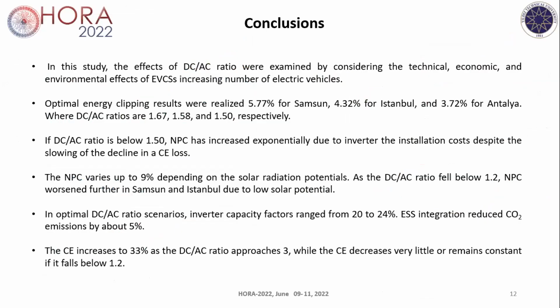We summarize the results. In the study, the effect of DC-AC ratio was examined by considering technical, economic, and environmental effects. Optimal clipping energy results were realized: 5.7 for Samsun, 4.3 for Istanbul, 3.7 for Antalya, where the DC-AC ratios are 1.6 and so on respectively. If DC-AC ratio is below 1.5, net present cost increased exponentially due to the inverter installation cost,